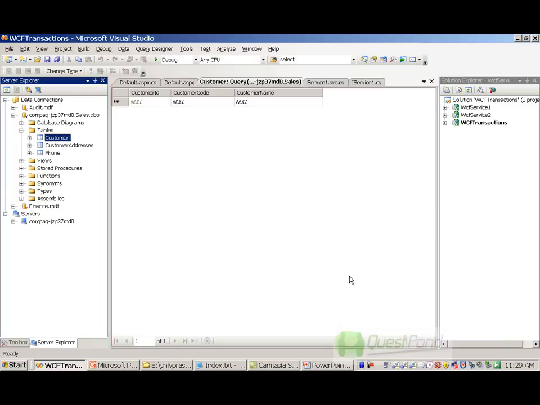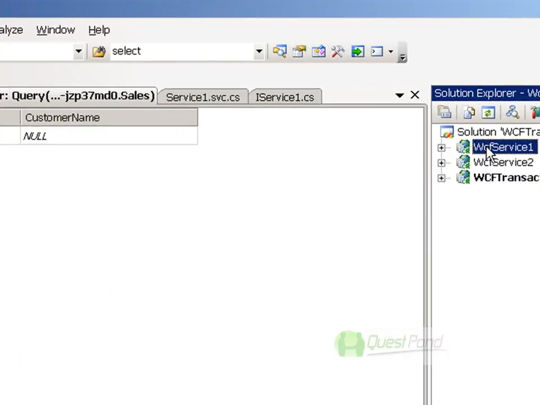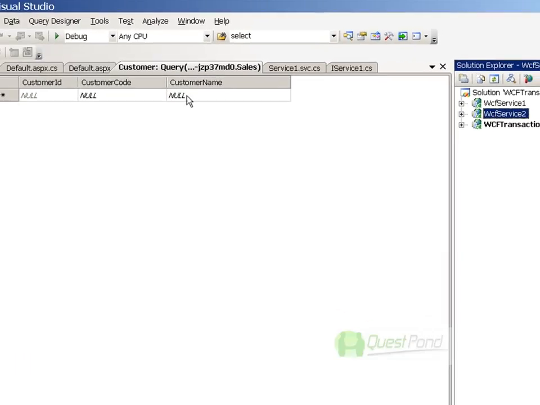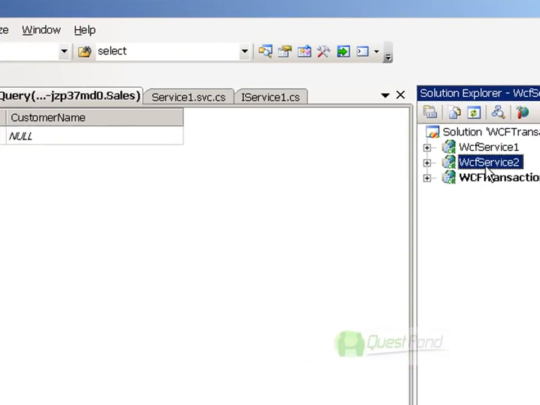So what we'll do is create two WCF services, WCF service 1 and WCF service 2. Both of these services will be inserting records into a customer table. This table has three fields: customer ID, which is an identity field, customer code, and customer name. We will also build a client called WCF transactions, which will call both of these services in one